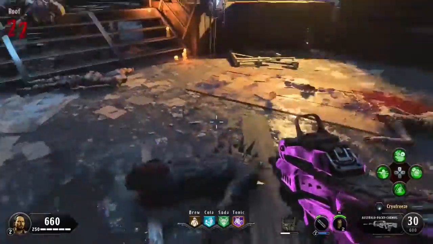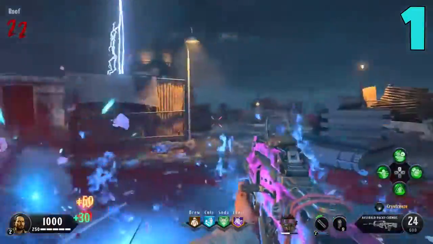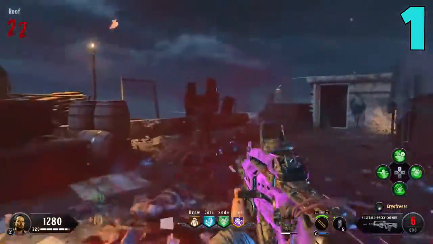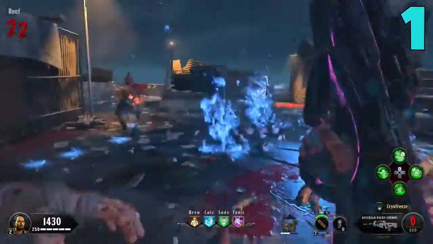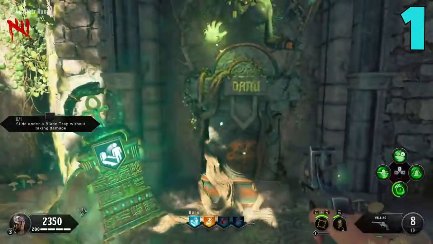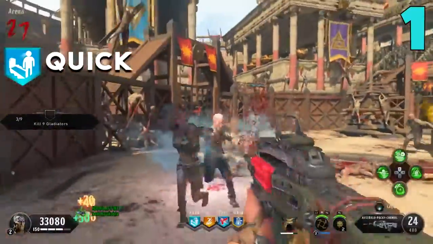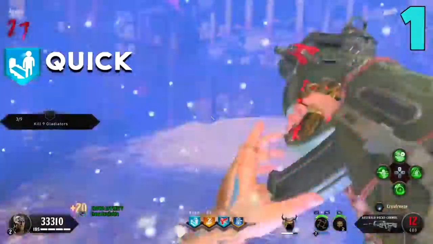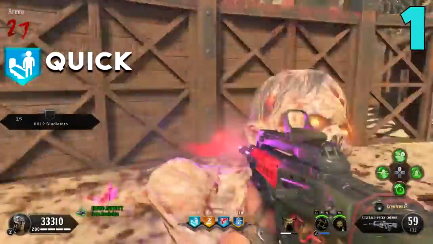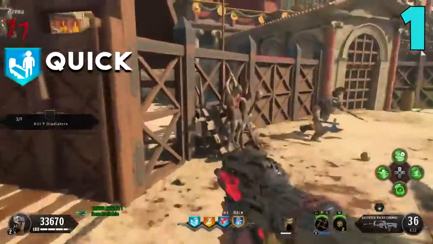Coming in at the number 1 spot, we have another must-have perk. So Stamina Up and this perk right here, in my opinion, are the 2 perks you have to have on every single game, and this perk is Quick Revive. Revive is kind of a brand new perk here in BO4 Zombies because back in other Treyarch Zombie modes, Revive really did one thing, which was revive players faster. In solo, of course, it allowed you to revive yourself, but really, the main purpose of Quick Revive was to